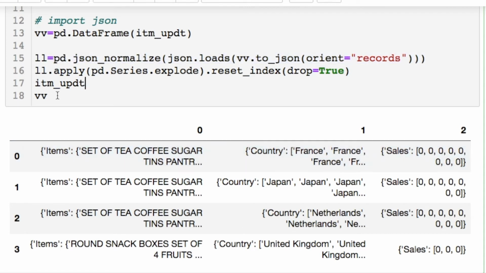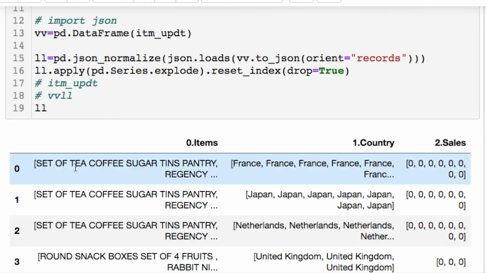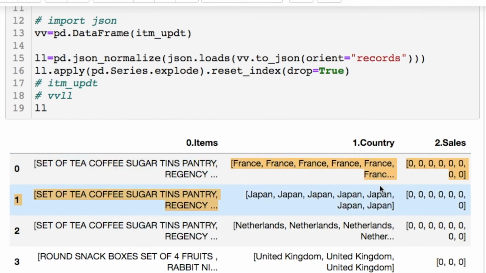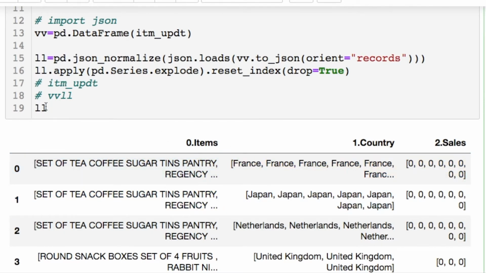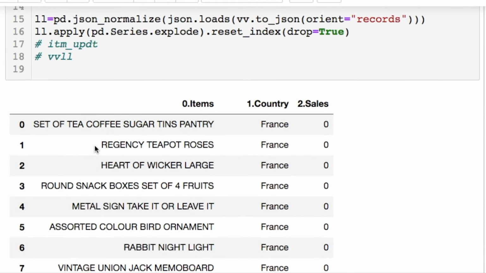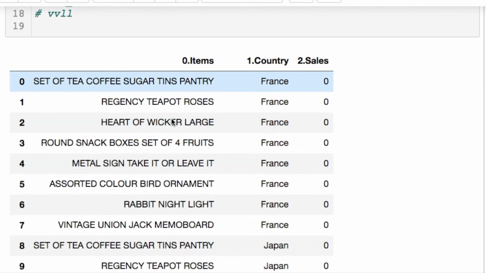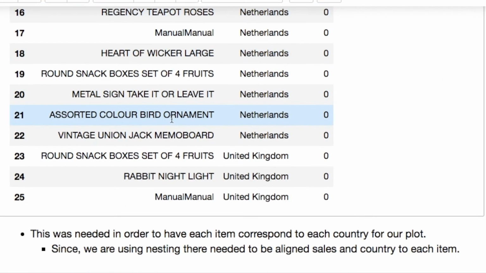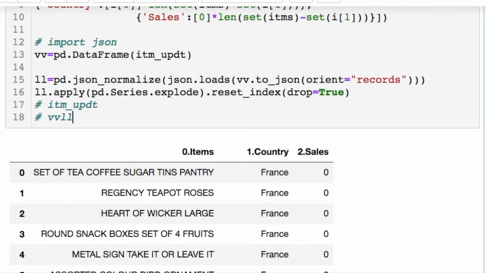And after you do that, you're going to notice one thing. You end up pulling out the nested portion of the items, country, and sales data, and that's what causes your new names for your columns to have that dot notation because it extracted the nested portion out of it. But now we have to get rid of this list in each one of our columns, and that's why we use the explode, which is here, which cleans up our data set. So now we have 25 entries to append to our original data set.